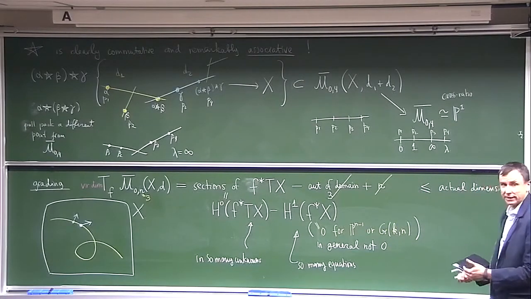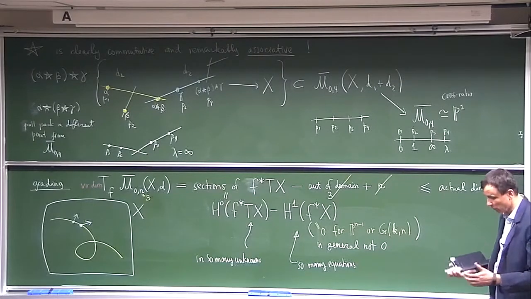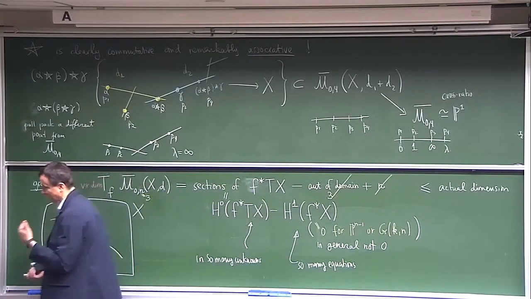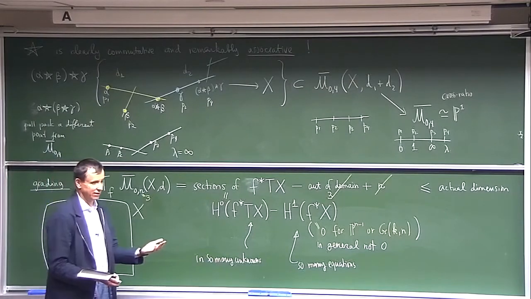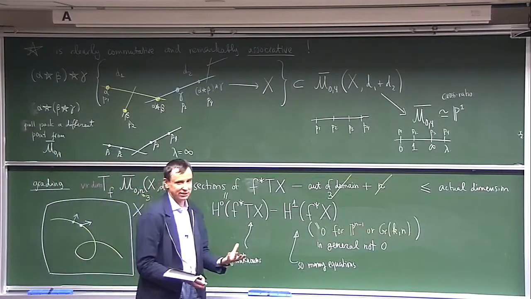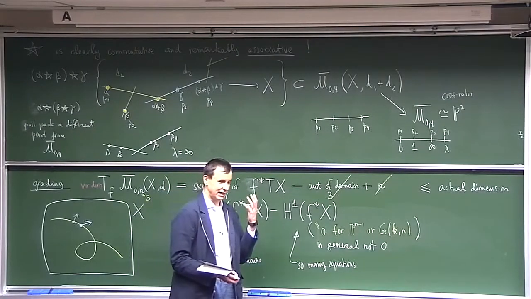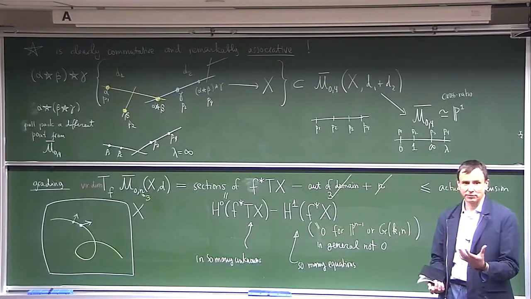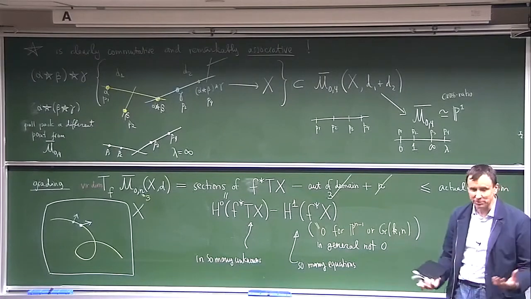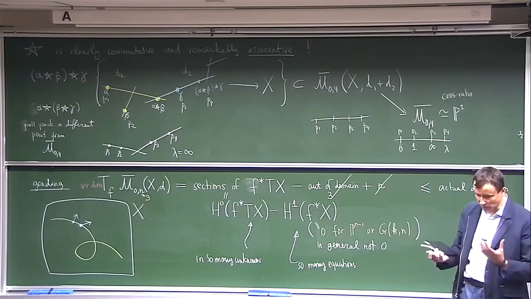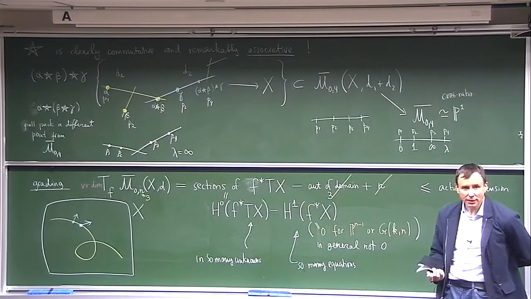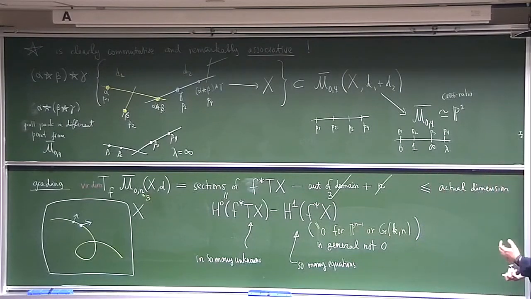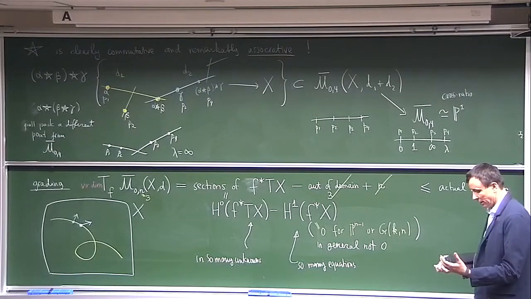Because there may be dependencies between these equations, there's a way to define a well-defined K-theory class on the moduli spaces. For example, suppose you have a section of a line bundle. If it's a non-zero section, that defines for you a hypersurface in your variety. If it's a zero section, you can still define a hypersurface, as it is a representative of the first Chern class of your section. This is well defined in Chow, well defined in homology. And so similarly here,